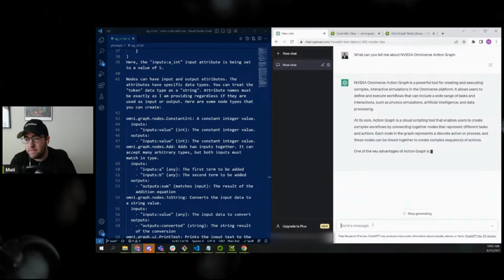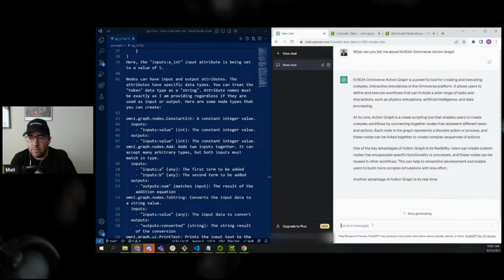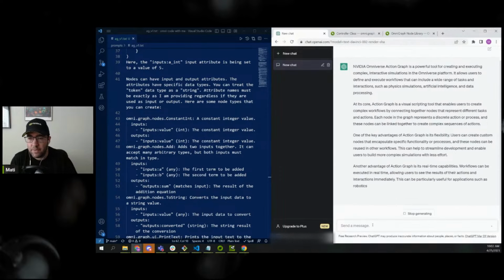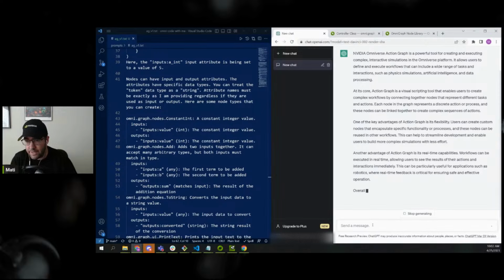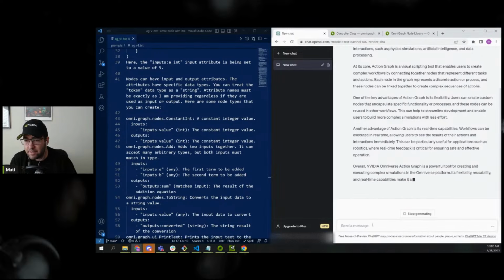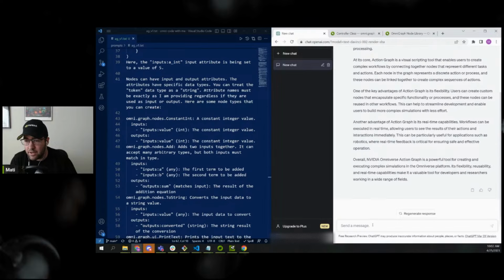Okay, so it's a visual scripting tool, lets you build complex workflows by connecting together nodes. These nodes, we typically call them actions, and actions are triggered by events typically. I'm just ad-libbing here now, I'm not even reading. But that's pretty good, right? It has some knowledge of Action Graph. And I can show you